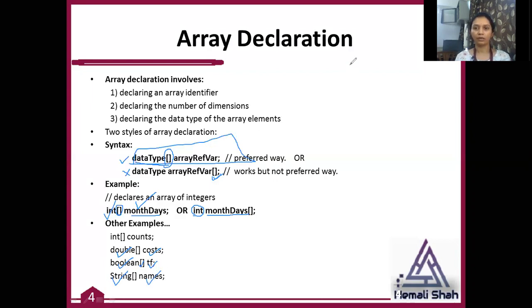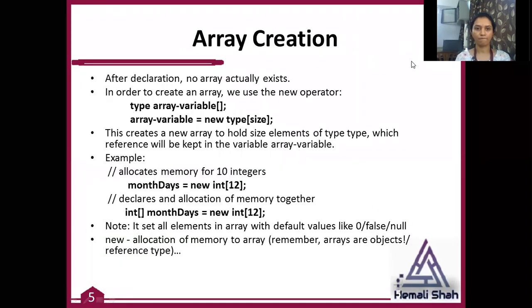Now let's talk about array creation. How to create an array in Java. For creation of an array, you need the new keyword. This keyword is basically used to allocate memory. For creating an array, to allocate memory to the array, the syntax is: if you have a variable type, then the variable, then the array syntax, then you can assign the value.